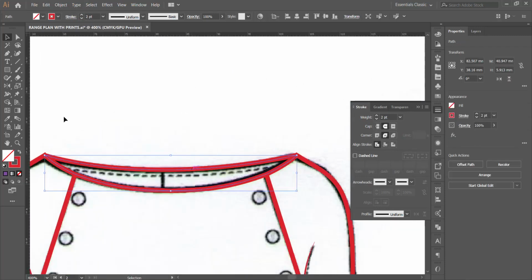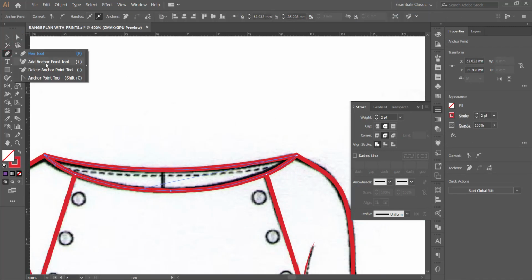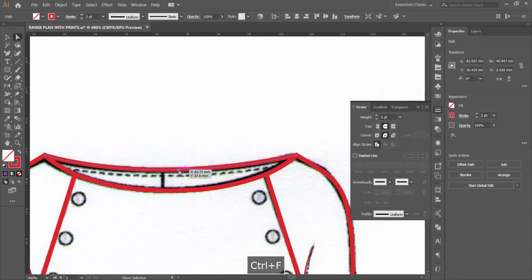So you just have to copy the curve that is there. If you see, there is no anchor point in between these two anchor points, so I need one. I'll go to the pen tool, add anchor point, and place the anchor point in the center or wherever the lines are. Not necessarily in the center. Select just the anchor point, because it is connected with this anchor point and with this anchor point, so it owns these two lines. Select this anchor point, Control C, Control F,